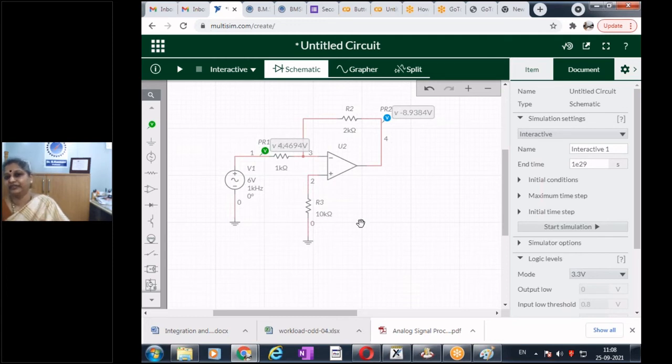So whenever we have active devices, this is an example I've taken with op-amp, but if I have a circuit with diode, if I have a circuit with transistor, we cannot blindly tell it is linear or non-linear. They will all be linear in some region, they will be non-linear in some region. So it depends. They'll have a range of input for which they will be linear and non-linear. This circuit has a linear range up to 6 volts because I have set the gain. Here I set a gain of 2, R2 by R1.